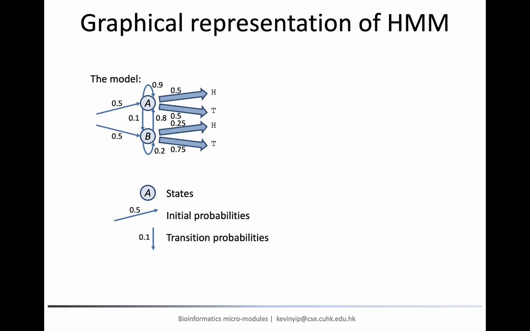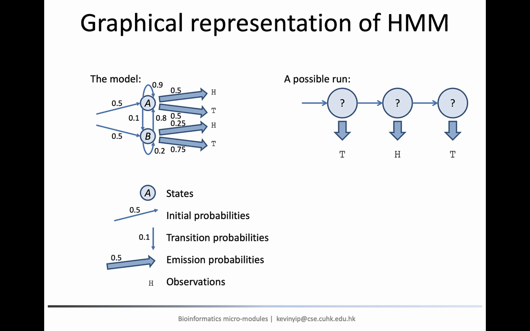After the initialization, every subsequent state depends on the previous state according to the transition probabilities. Each state is associated with emission probabilities that correspond to the probabilities of producing different possible observations, based on which an actual observation will be produced. In the run of the model, a sequence of observations are made, but the sequence of states that produce these observations cannot be observed directly.